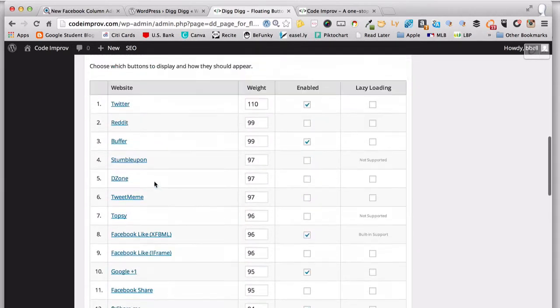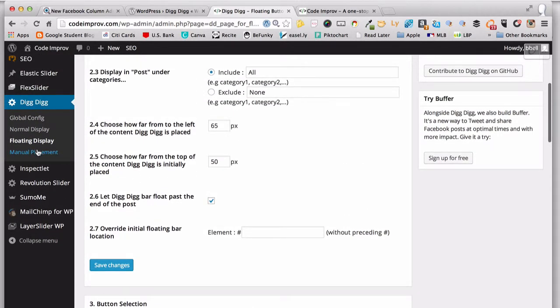And if we go up here on the fourth tab for Digg Digg manual placement, I've not used it, as the functionality that I want is already in place. And that is all there is to it. If we travel to my last blog post,